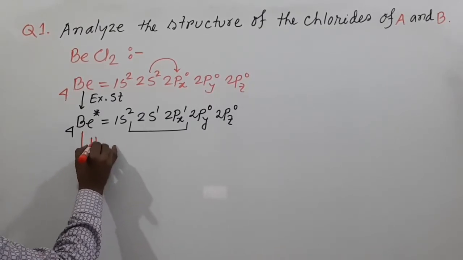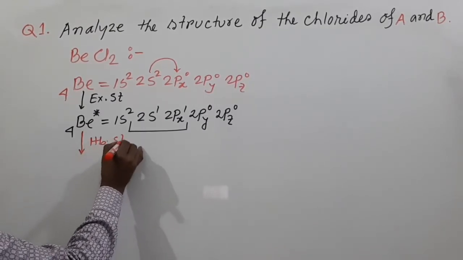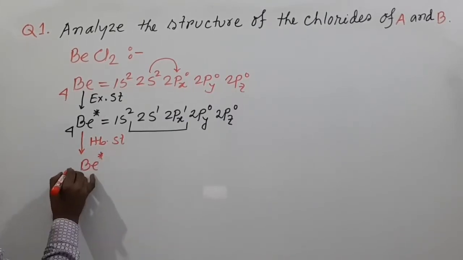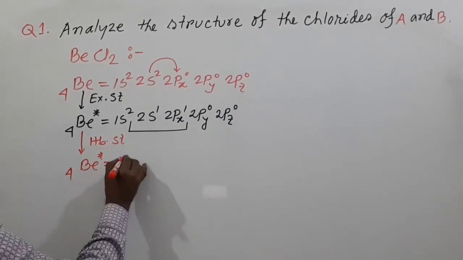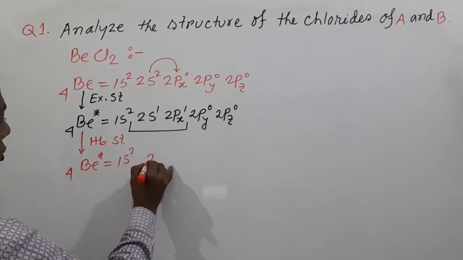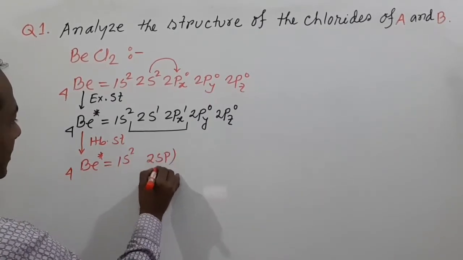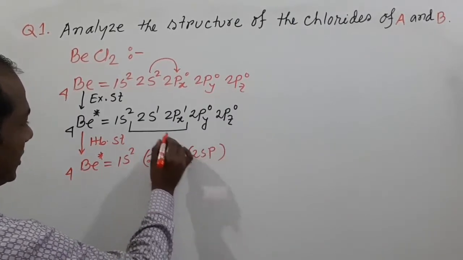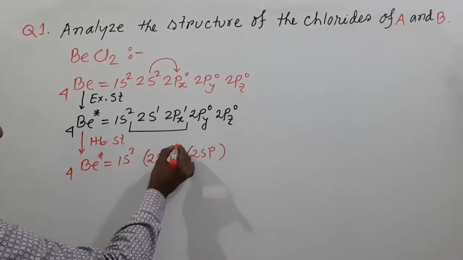This is the hybridized state, and beryllium 4, 1s2, forms two sp hybrid orbitals, and here one electron is present in each,